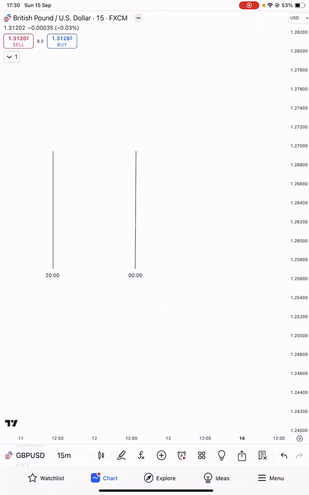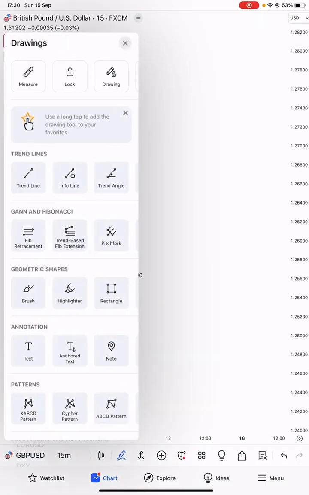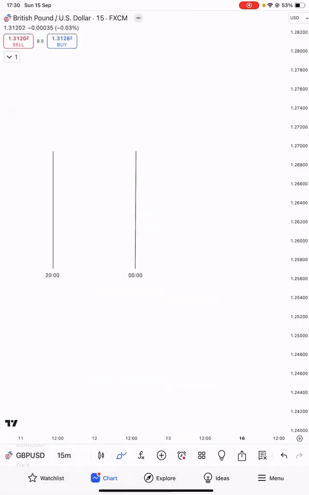Okay, so Asia is from 20 to midnight. Why? Because most of the time, if you go back in your chart, you'll see a spike in volatility at 20, so 8 p.m. New York time. So that's the Asian session, and I say Asian range because, I want to say, the Monday range model is universal to all markets. The Asian range model is for Forex